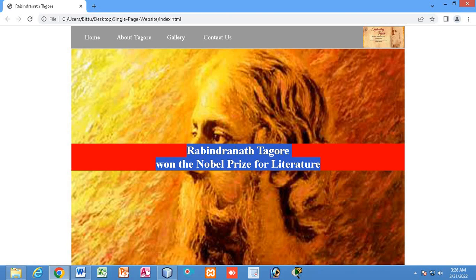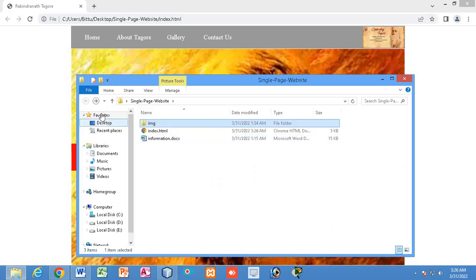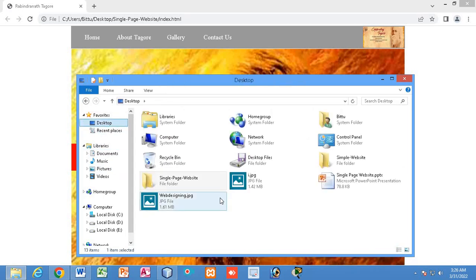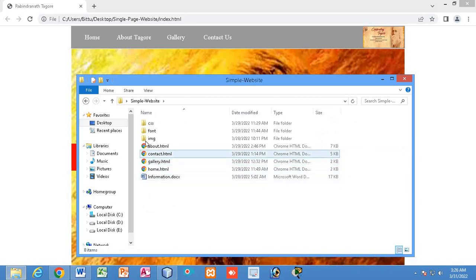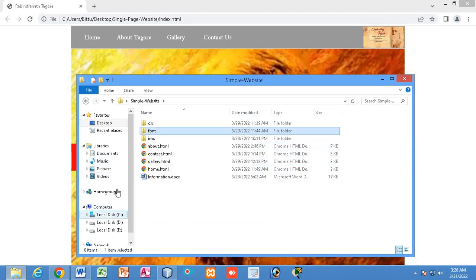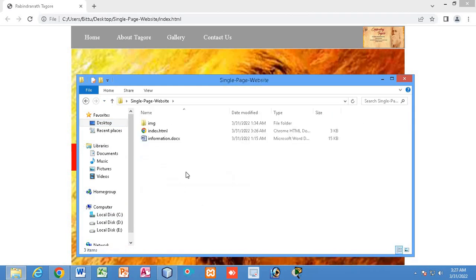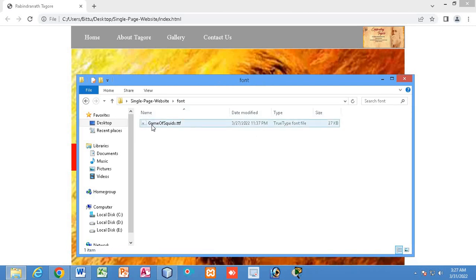Now I will use a separate font to show this. So for that I need to download some font. I have already downloaded the font, so the font that I have downloaded I will get it from here. So this font I have downloaded, you can see. Just keep it inside this folder, and you can see inside the font folder we have this font.